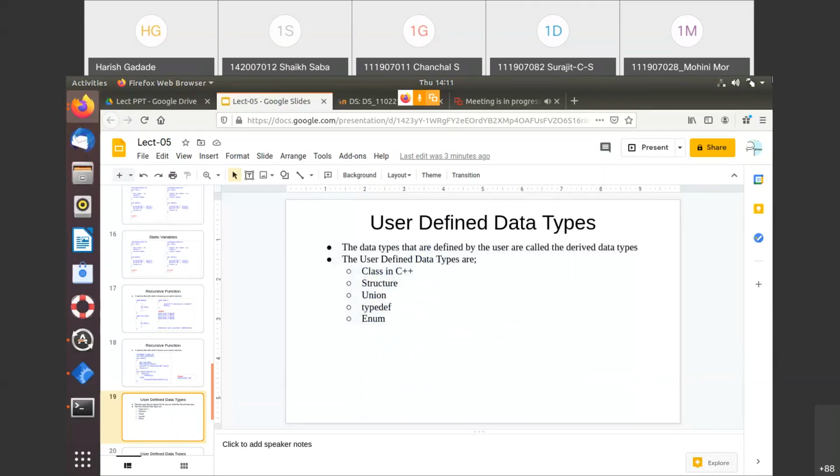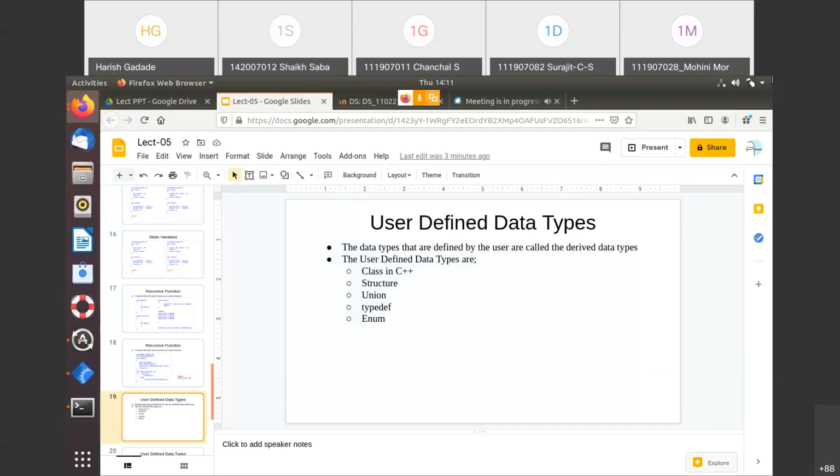I have listed some: classes in C++, and second, structure, union, typedef, and enum. Here, as I am taking C programming, I'll not go into C++ classes. So here you only need to understand the class as a user defined data type, one we can say.